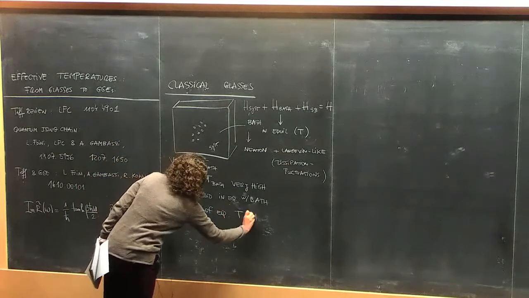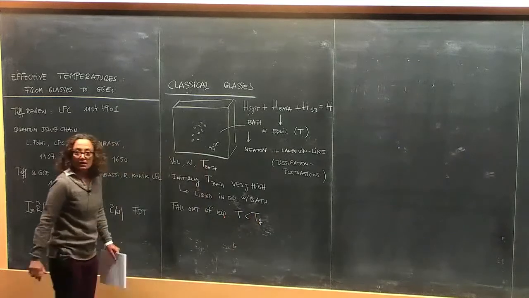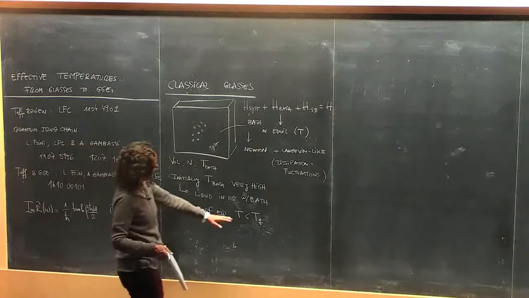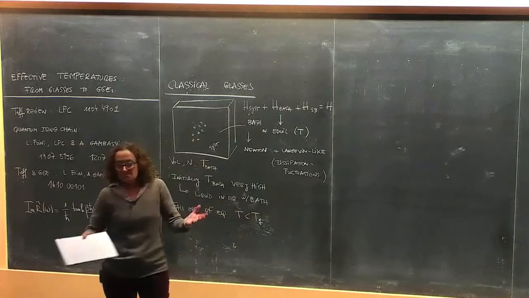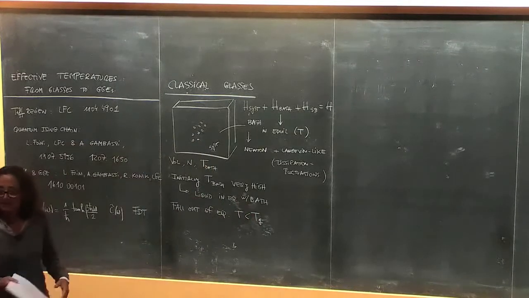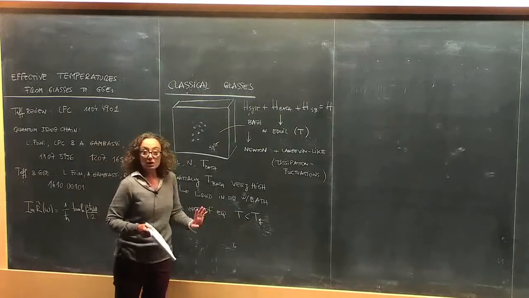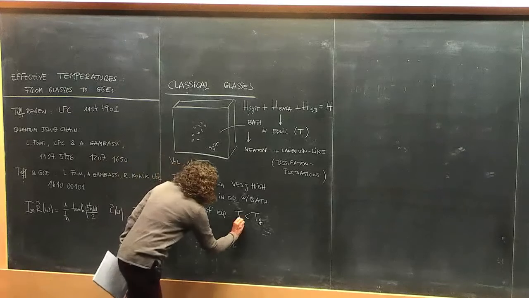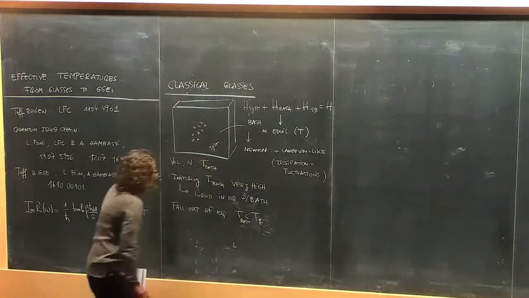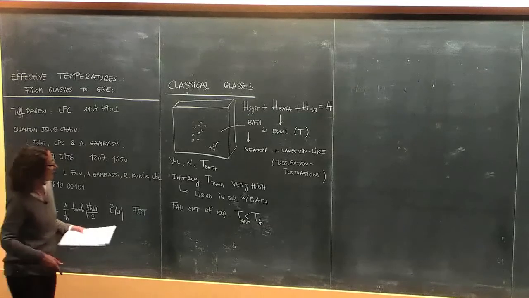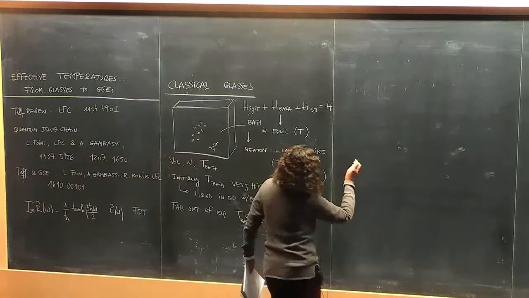Equilibrium for temperatures below some Tg, which is not very precisely defined. It's more like a dynamic crossover than a natural phase transition. But definitely the dynamics of the system changes when the temperature of the bath goes below this value Tg. It could be a crystal, I guess, too. It could be a crystal, but what happens is that